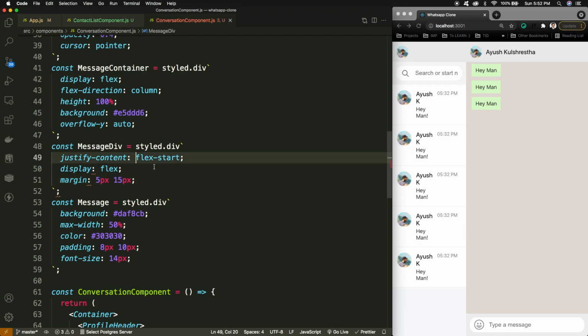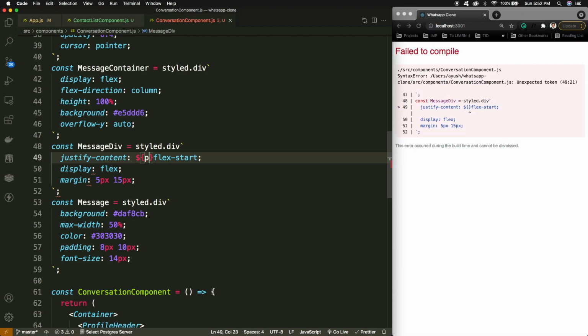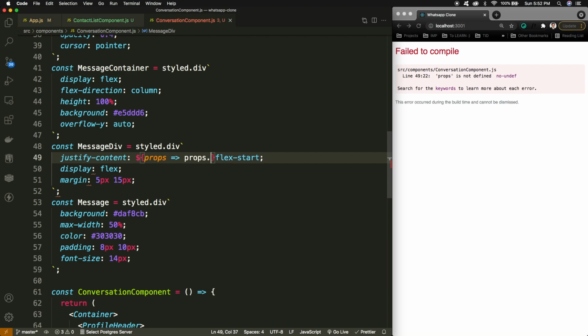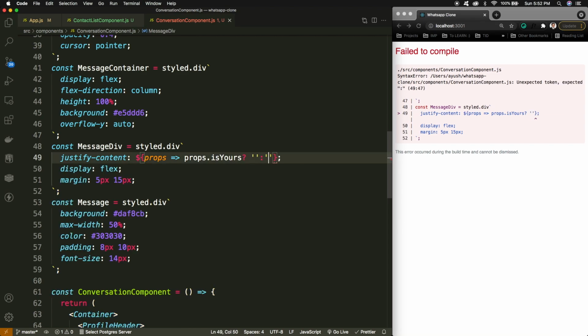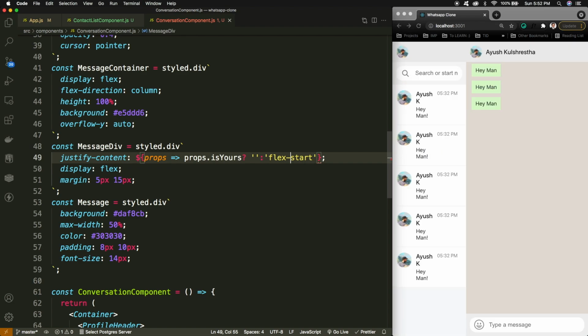For that, as these are template literals, we can use the curly braces like this, and from the props I am receiving props.isYours. If it is yours, then in that case I'll be using flex end, otherwise I'll be using flex start.